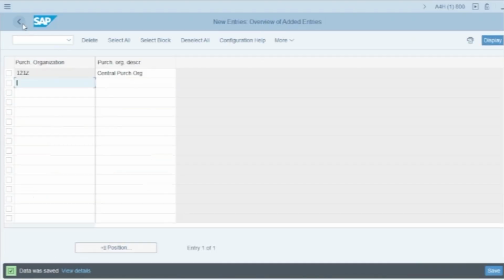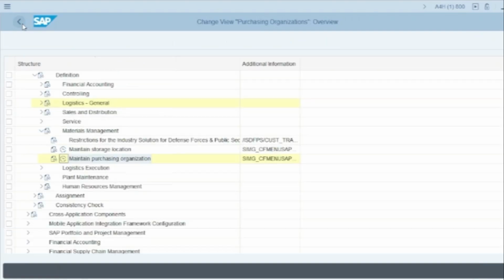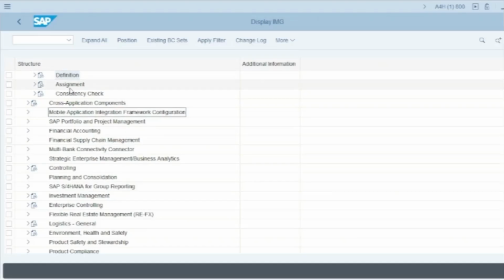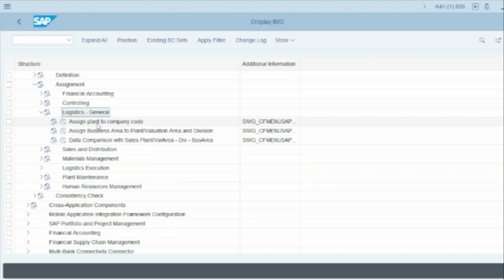Now, after creating all the enterprise units under material management, we need to link them with one another so that a structure will be created. A hierarchical representation of the organization unit, or reporting structure, will be created. But how to do that? To do this, we'll go to the assignment field here and go to Logistics General, assign plant to company